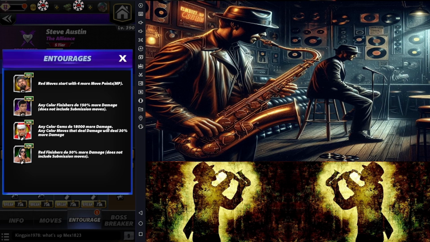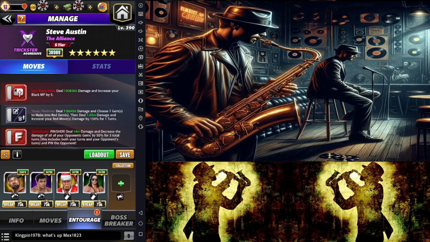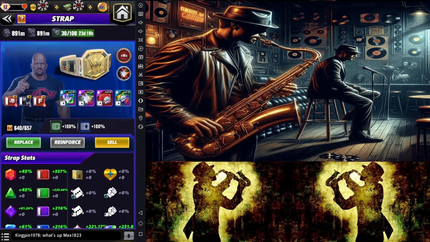Again, you can use Technician Damian Priest. We've also got Heart Foundation for red finishers. You can use Rex, you can use Gooker, but that's all we're going for is some major finisher damage here. And then went ahead and took out the same strap that we used on the Big Boss Man preview. 100% move damage, takedown 3s, a red move damage medal, except you're going to see a couple of caveats here